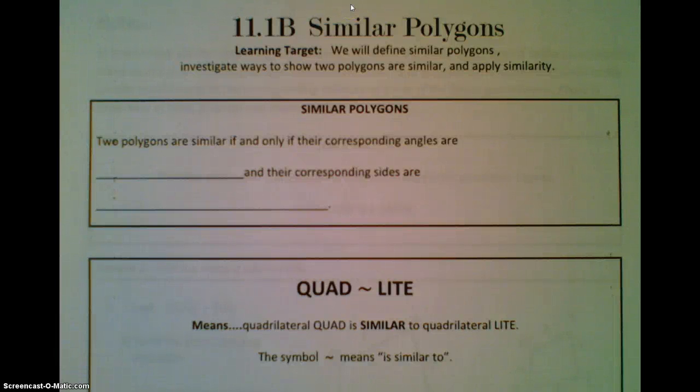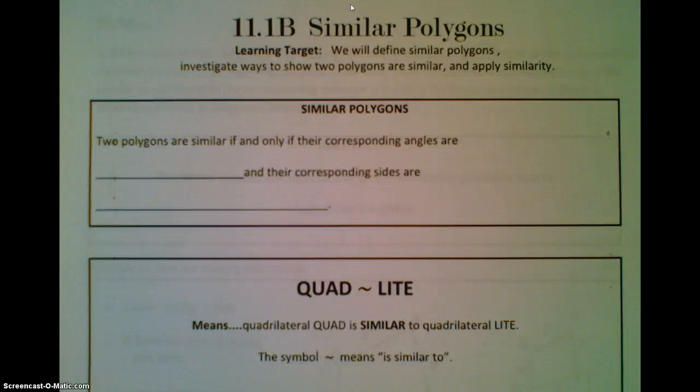Okay, today's video is going to be still on section 11.1. This is part 2 for similar polygons. Today we're going to define similar polygons and investigate ways to show that two polygons are similar, and we're also going to apply similarity. So starting with the definition for similar polygons, two polygons are similar if and only if